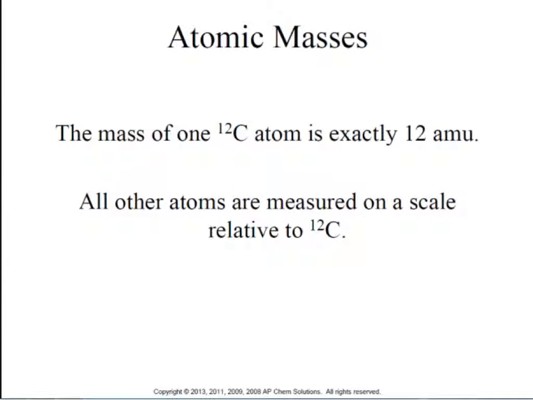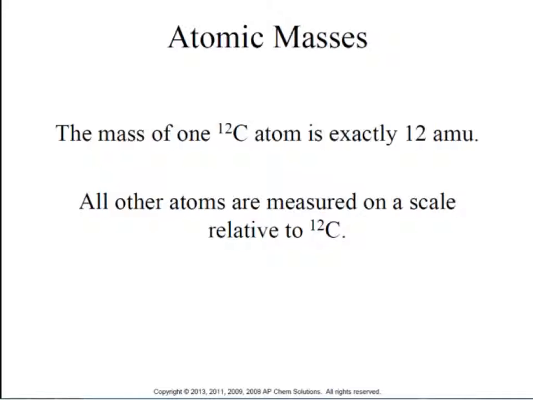All right, let's talk specifically about atomic masses. So we looked in the last video at how we figure out what atomic mass is, protons and neutrons, and what an isotope is. So the atomic masses that we see on the periodic table are actually based upon carbon-12. What they decided is the mass of one carbon-12 atom is exactly 12 AMUs, and everything else is based off